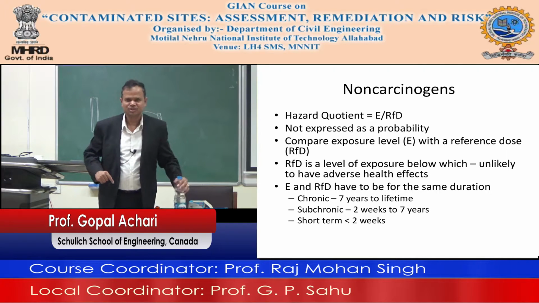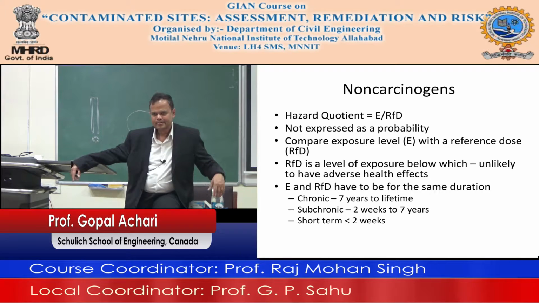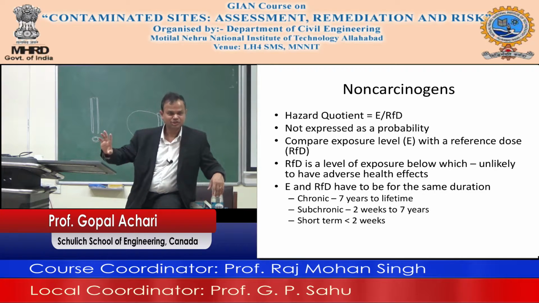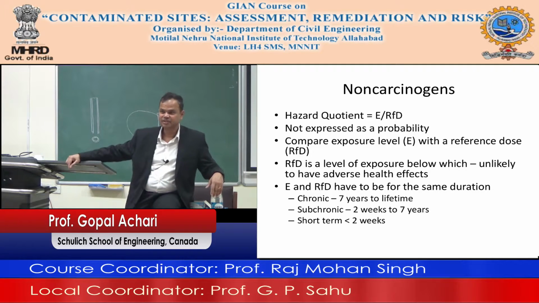Exposure and reference dose are the same. The hazard quotient is 1, which means borderline. You are touching the reference dose, which means it's unlikely something will happen, but you are getting to where you might have something happening, because if you exceed it, there is an expectation that something will happen. Definitely 20% is a cutoff. If you're less than 0.2,